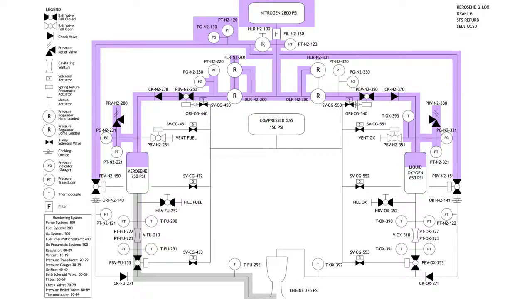Have you guys seen the injector before? It has a flat plate and has a bunch of tiny holes in it. Those can get clogged with propellants. And so what the purge for the kerosene side seeks to do is kick all those extra propellants out. And for the liquid oxygen side, it seeks to push the remaining